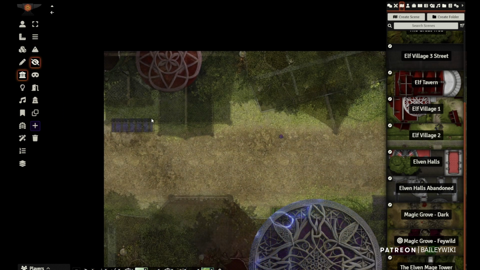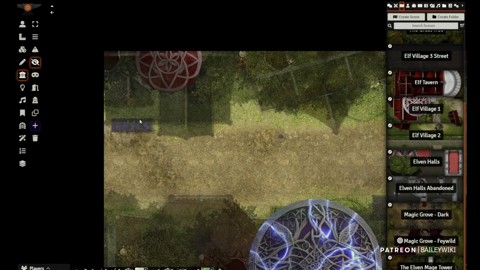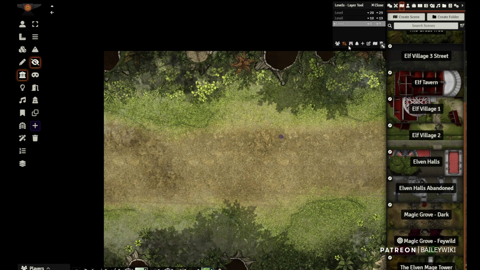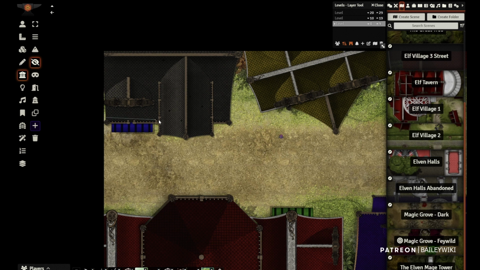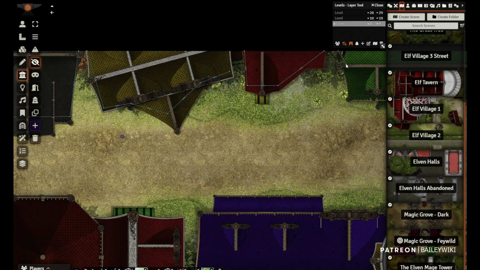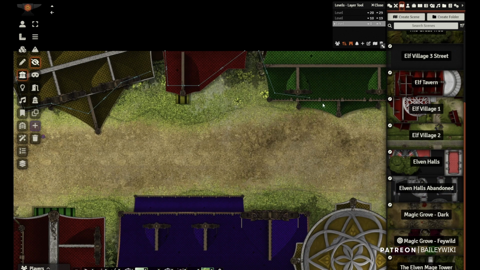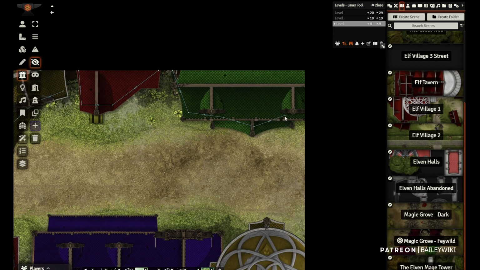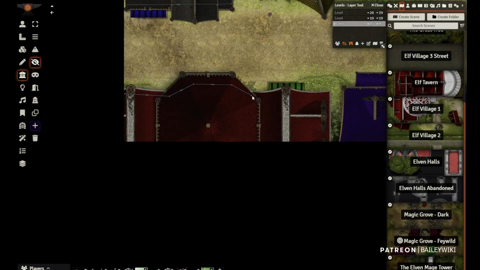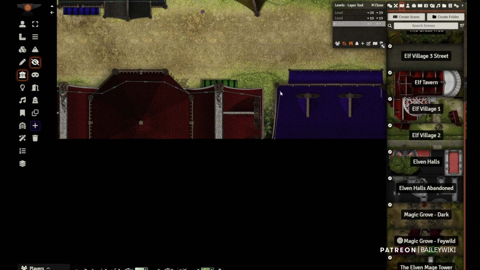So now we want to place our walls. We'll go down to our first layer, and I'm going to leave roofs on so I can see where my walls are. And I'm going to try to draw the walls just behind where the eaves are so my players can still walk under them, but I don't want them getting lost under an entire empty roof. So I'm just kind of blocking these off. And you just sort of do this for the rest of the map,